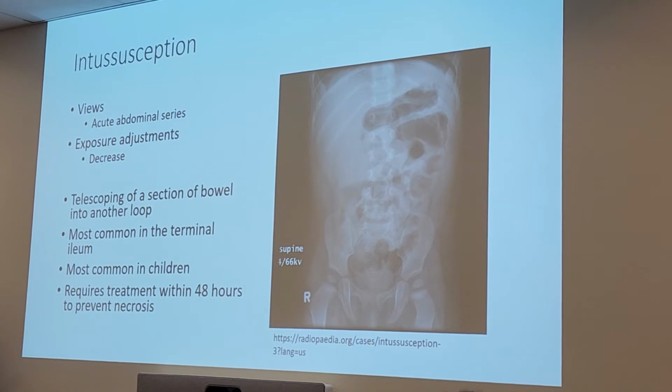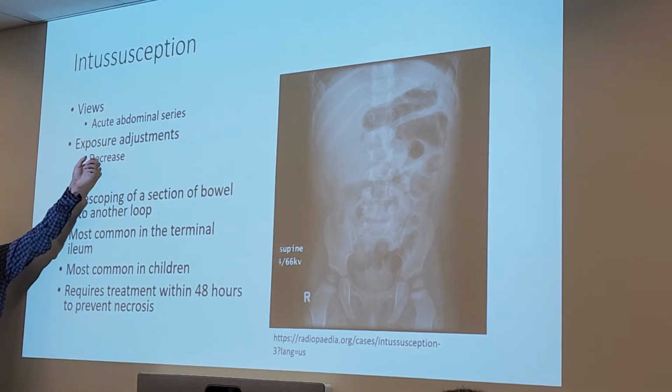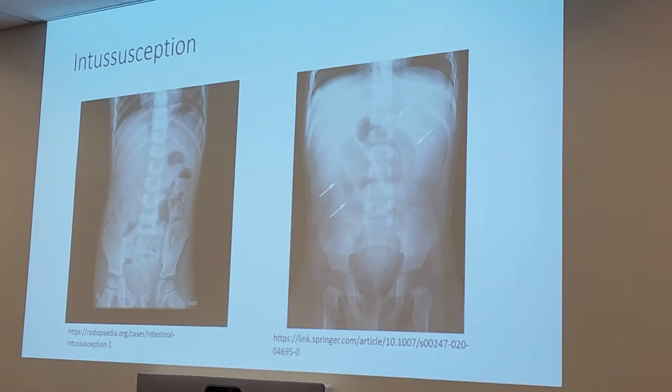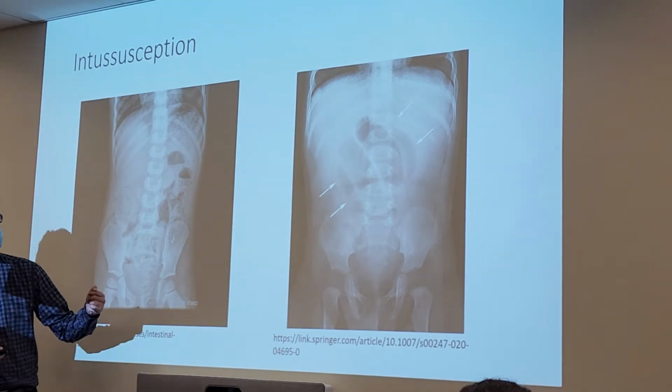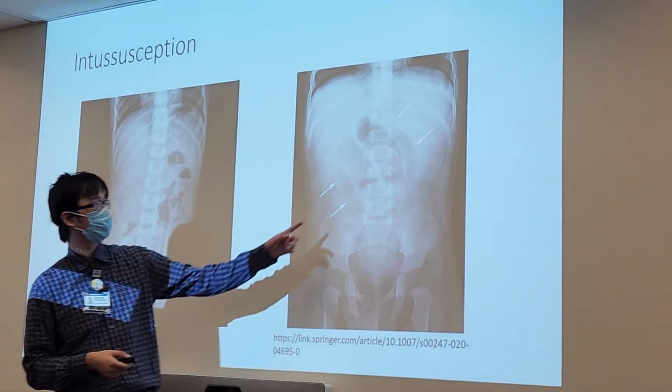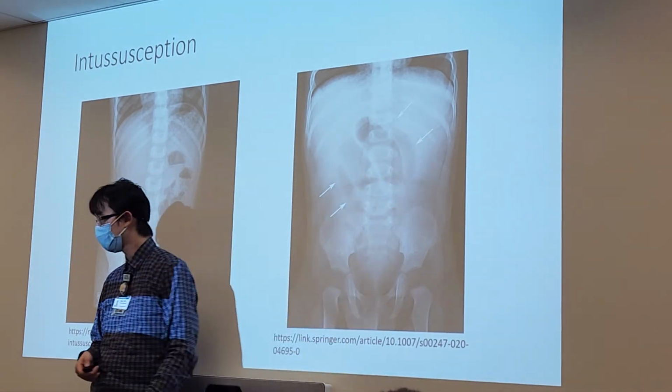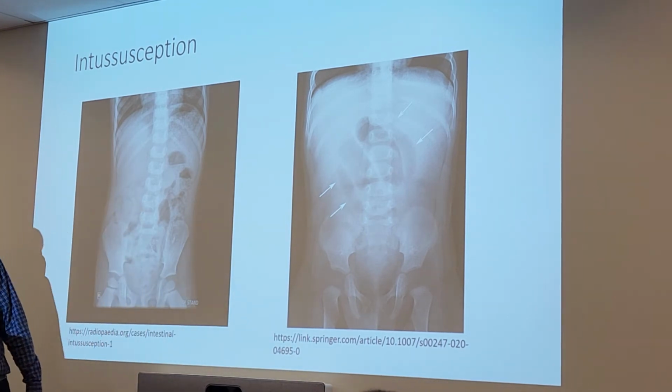Okay, once again, because we do have air being trapped, you see the air here, right? So extra air, decreased exposure techniques. Some more examples of intussusception. So over here, we can kind of see that folding of the bowel into itself. And then on this side,